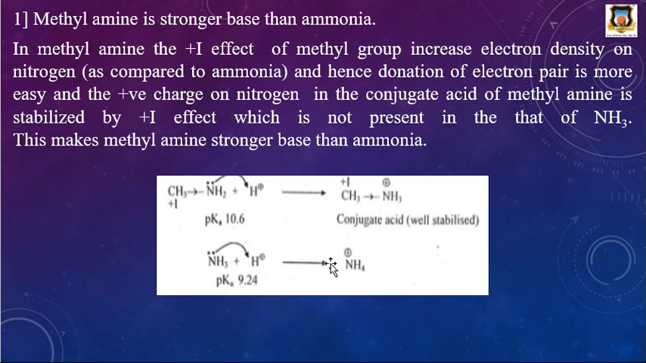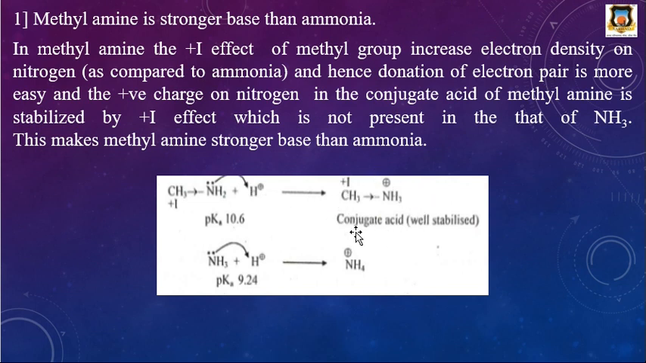Such a stabilization is absent in ammonia, in NH4 plus, the conjugate acid of ammonia, because here there is no group which increases the electron density around the positively charged nitrogen by plus I effect. But in this case, the methyl group exerts plus I effect, it increases the electron density around nitrogen, therefore more electrons are available to donate, and